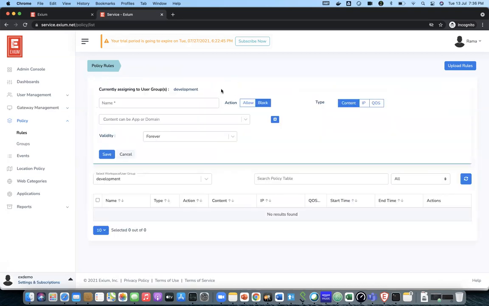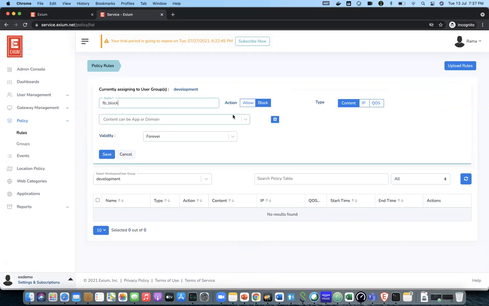First, let's try some content based rules, where I would like to block some content.